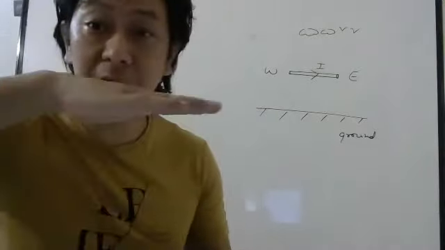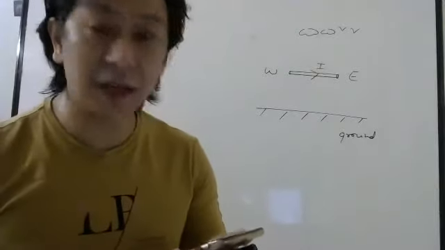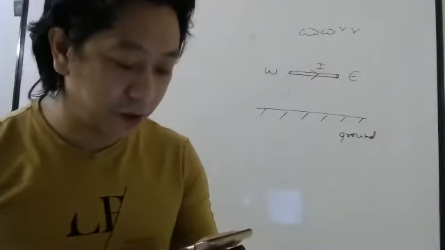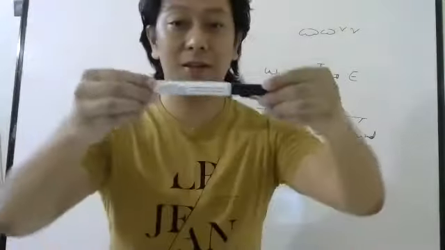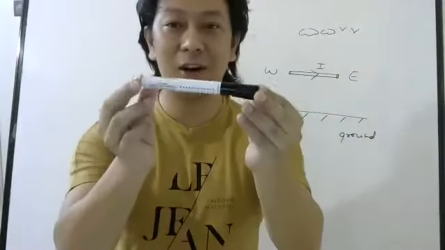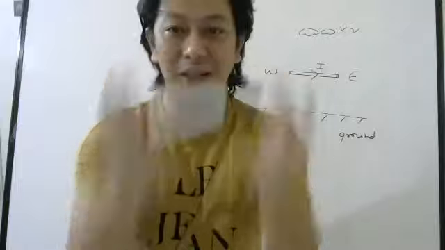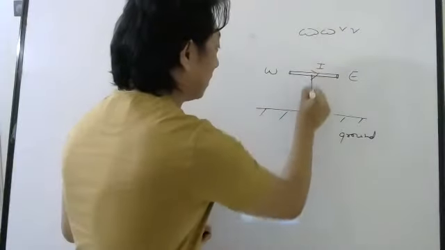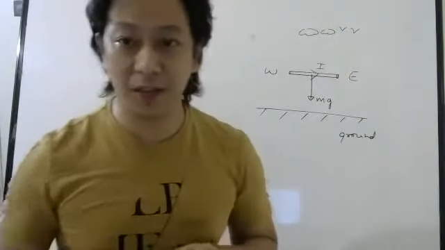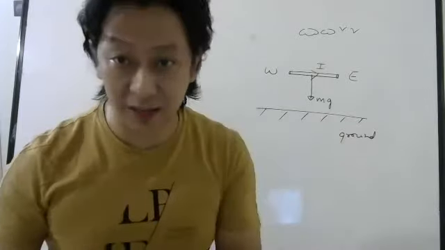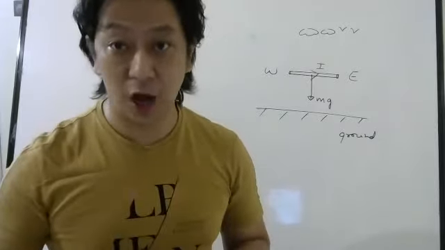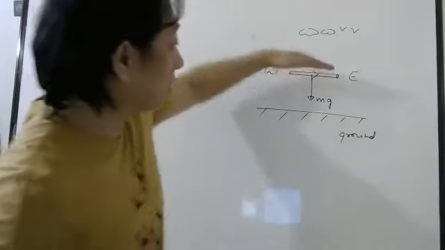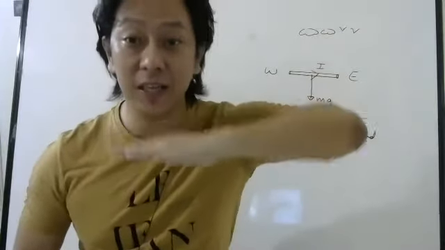It is suspended in mid-air by a uniform magnetic field. What is the magnitude and direction of the magnetic field they are asking? Suspended means it is hanging like this. Usually it will not hang, because gravity will pull it down. There will be a gravitational force downwards, mg. How much magnetic field should be applied so that this wire can be suspended in mid-air?